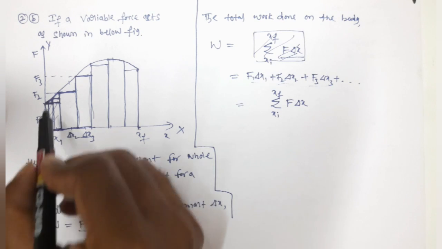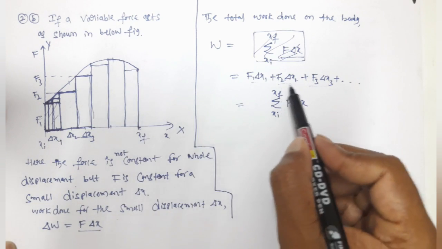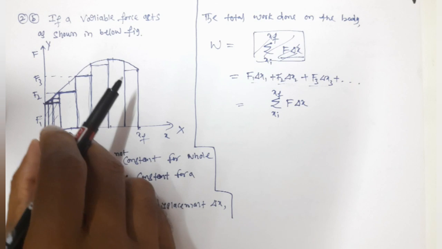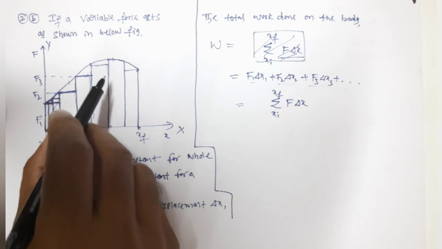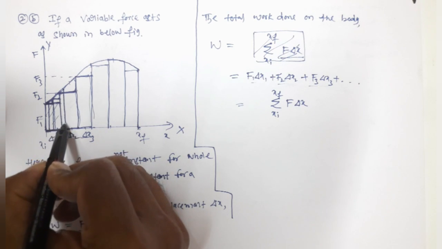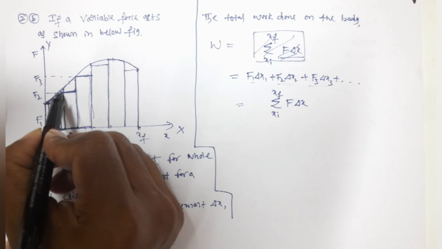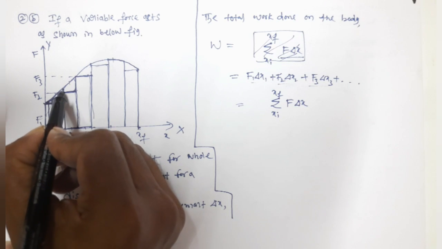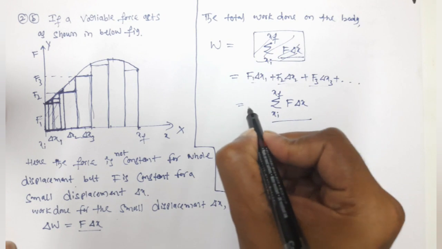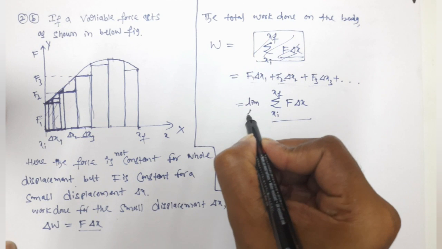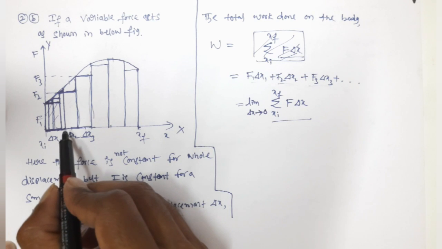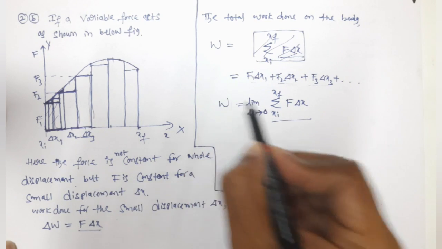If you want to calculate the actual area under the curve, this is the procedure we are supposed to follow. We have to find the area of each and every strip. But if you take a large delta x value like this, this area we will be missing. But if I take a very small delta x, what happens guys? I won't lose this area. I can calculate the exact area. So for this, what do we need to apply? We have to apply the limit delta x tends to 0. This delta x must be as small as possible, so it should tend to 0. Then only can we calculate the whole area.